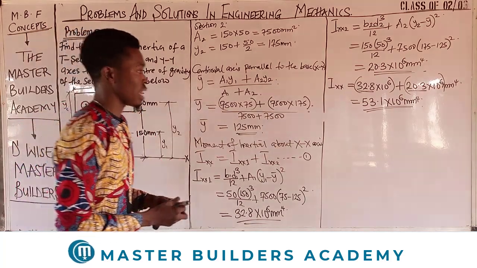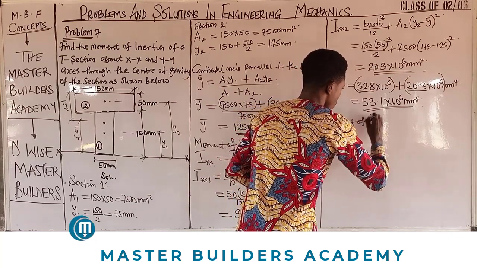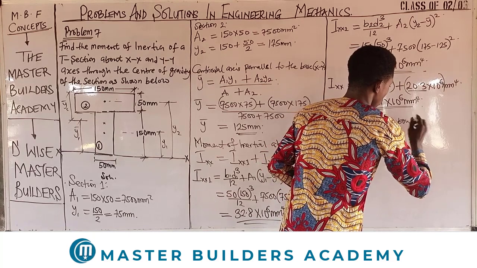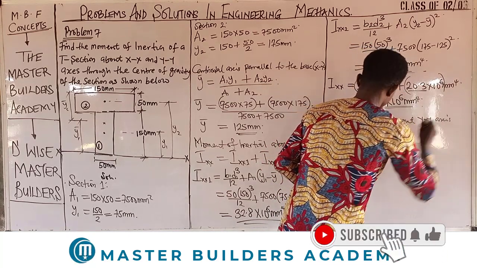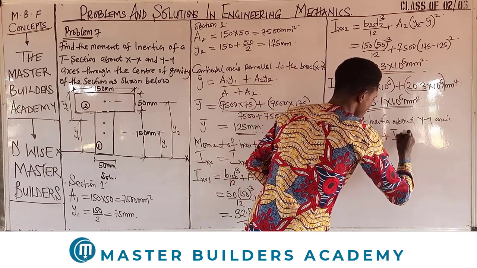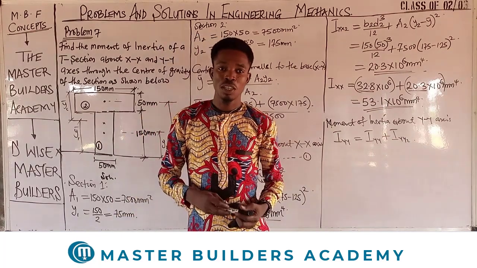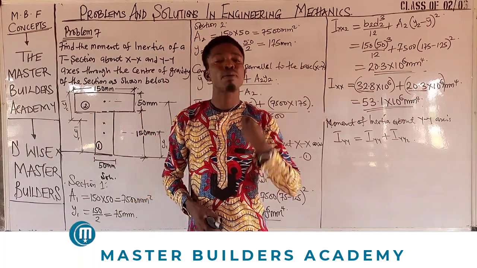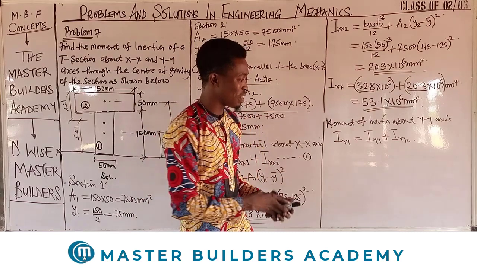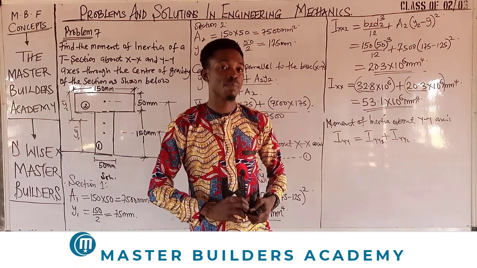So for the YY axis, let's look at that shortly. Moment of inertia about y axis. So Iy1 will equally give us Iy1 plus Iy2. Why? Because we have two sections. So we are going to obtain the respective moment of area or moment of inertia for each of these sections. So we will add that of section 1 to that of section 2 to get the moment of inertia about